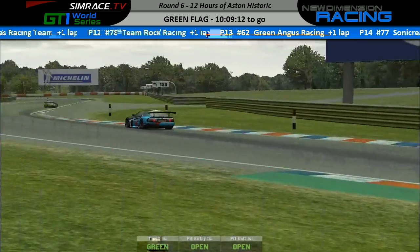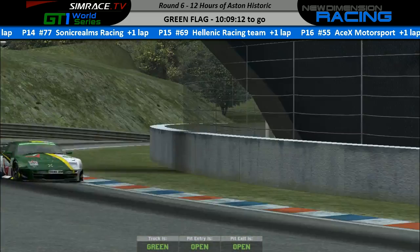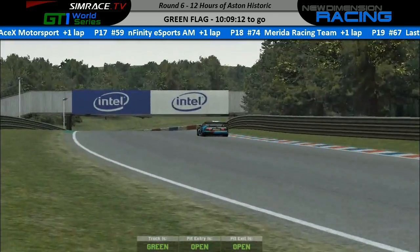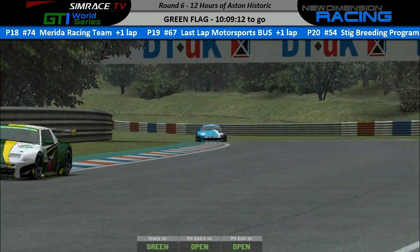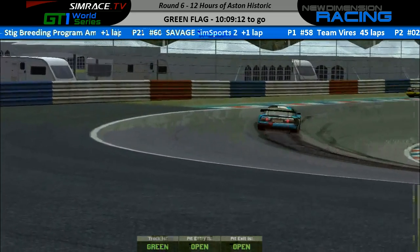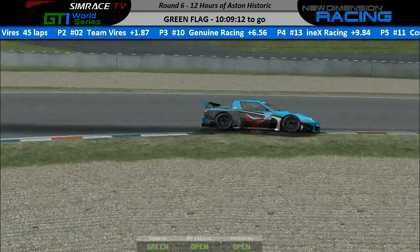Well, the Virus, we knew it was a long shot to go for the title with Inex not making many mistakes this season. So I can't see them falling to 13th, so I think we're going to just settle for second place overall. Yeah, that's not bad though. It's a good job. Inex has been dominant. They've just been so stable, consistent, and always been there. I don't know if anyone's noted, but Virus is still yet to take a win in any major series, like GT2 World Series, GT1 World Series,